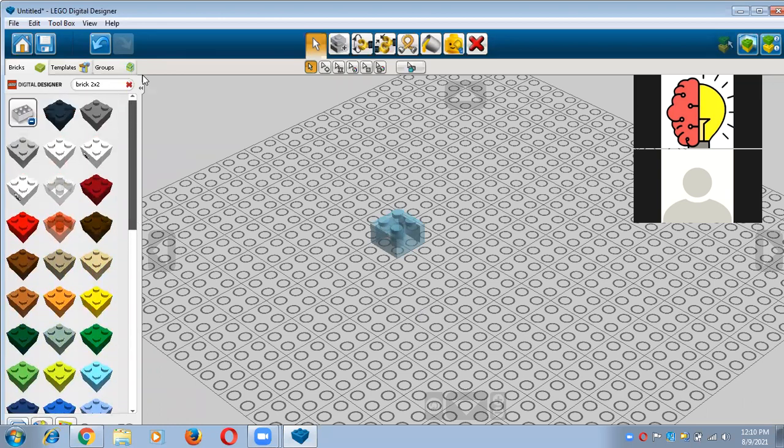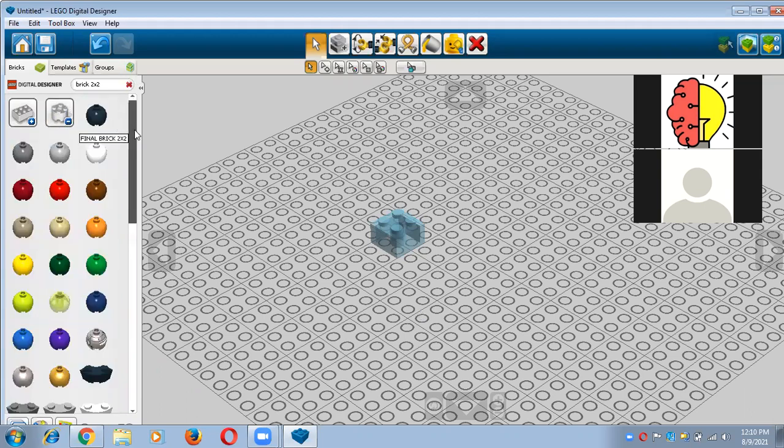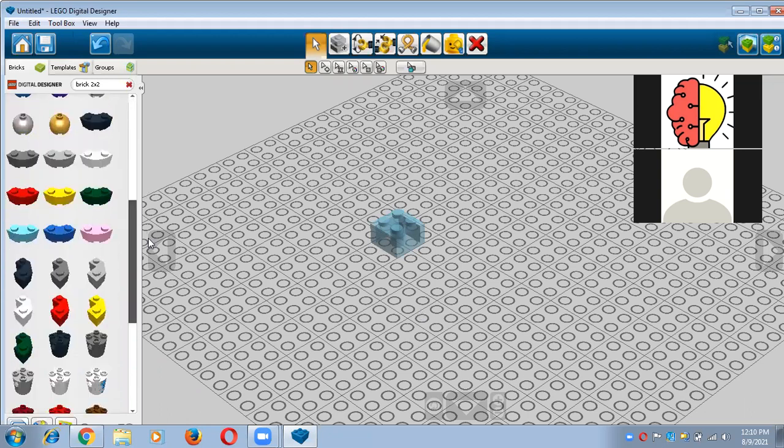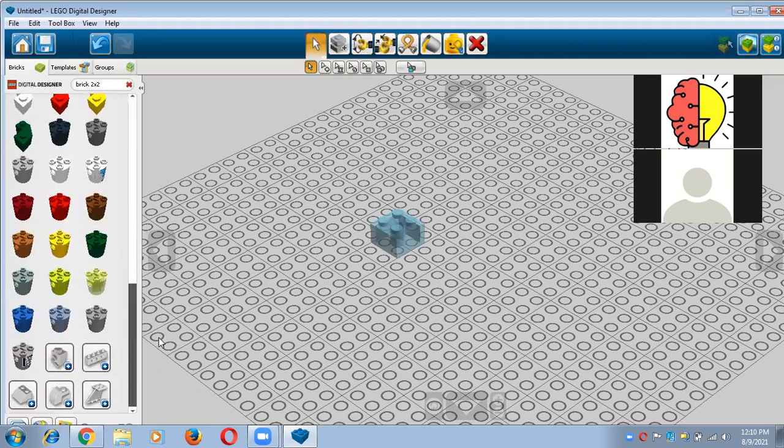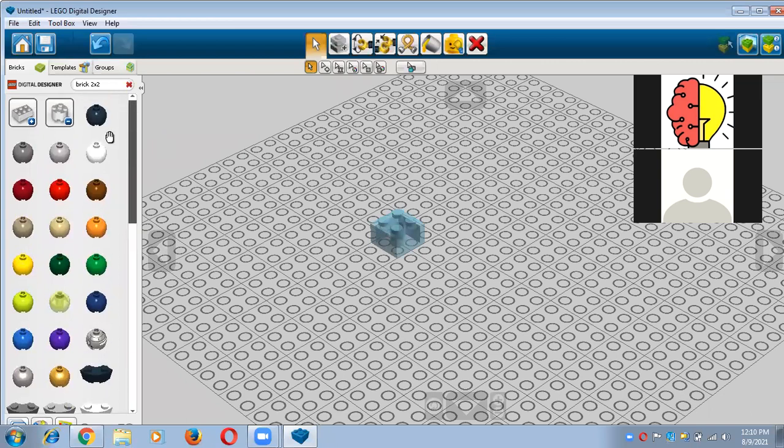Now I'm going to collapse my folder and I'll go to the round brick folder, and simply I can expand it with the help of this symbol, and now you will see lots of round parts are here. And now I want to find out W cross brick.